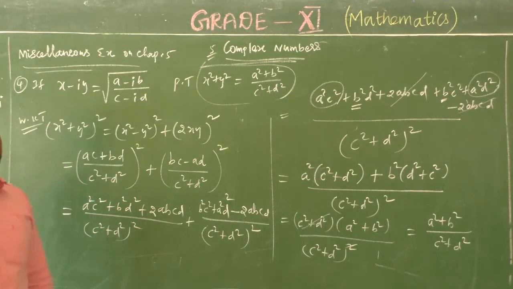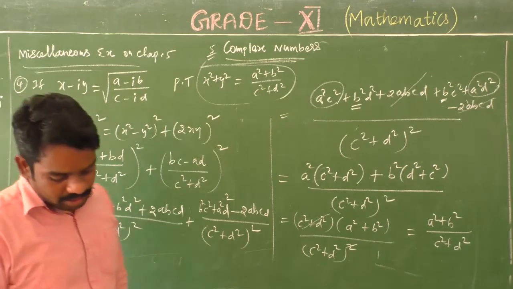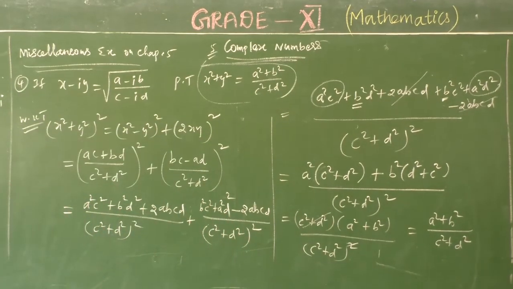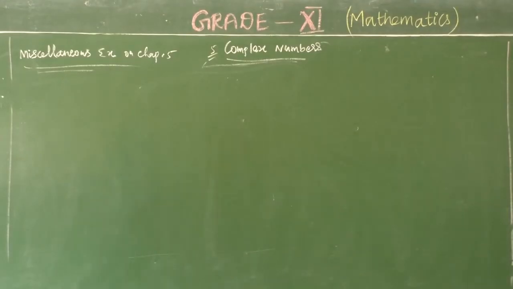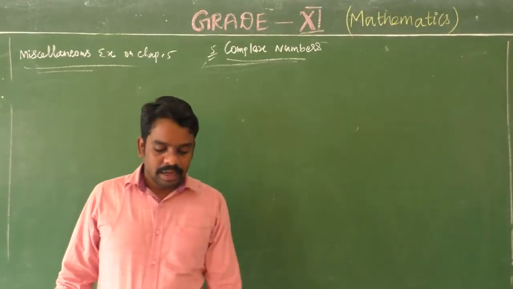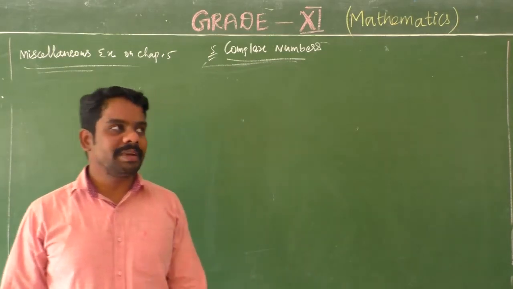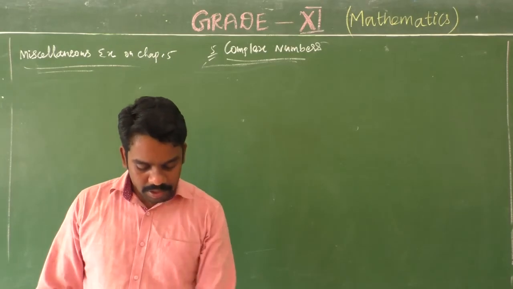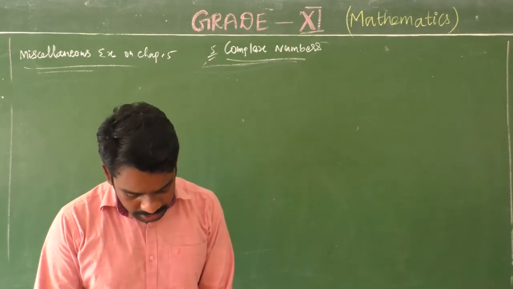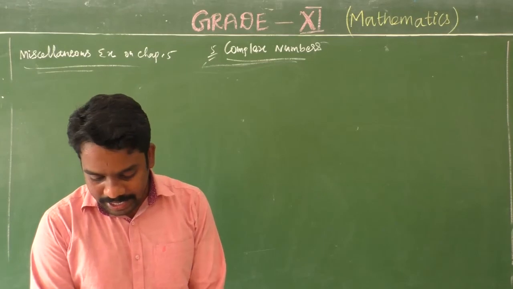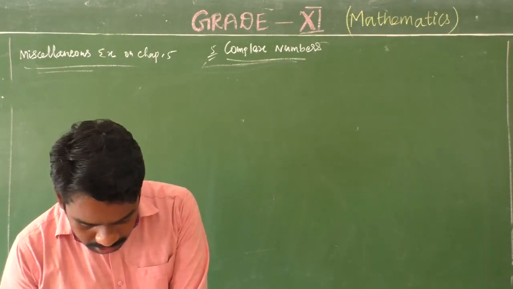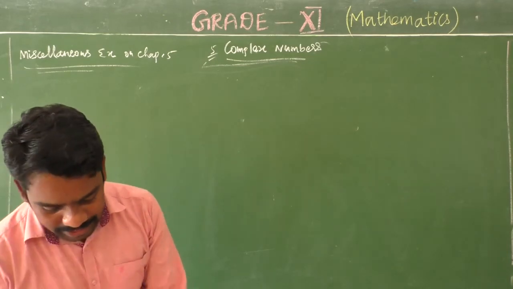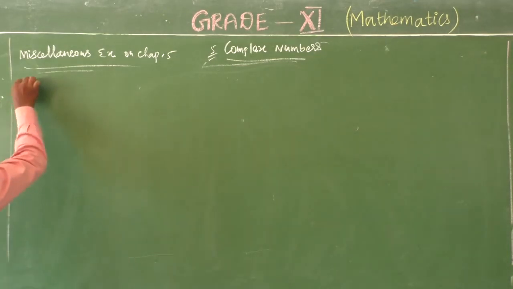Okay, right. Very simple sum. Next, fifth question: convert the following in polar form. Polar form is a deleted portion, but last class I taught polar form. So the fifth question is homework. 6, 7, 8, 9 I already gave you as homework. And next, the 10th question. Question number 10.